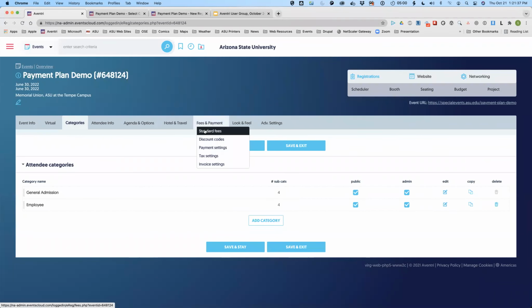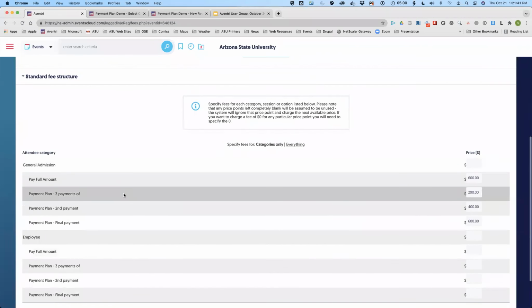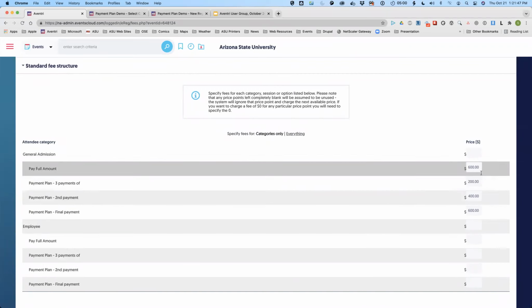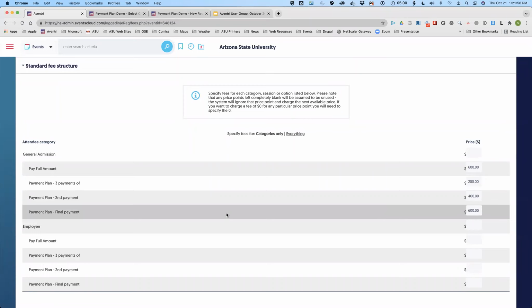Now I can go into fees and payments. I've already set the payments for the first tier, if you would. So I'm putting a full price of $600. And this is how I have to set up the other categories is you do it in increasing amounts. So how much do I want for the first payment? And then how much do I want for the final payment?